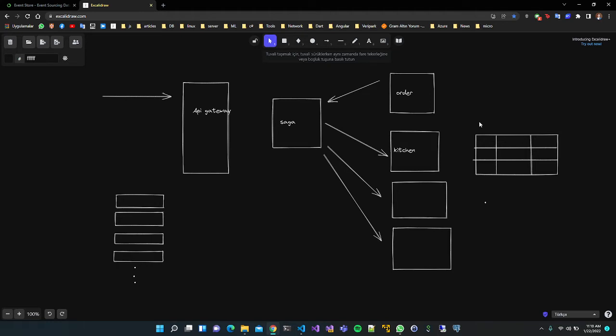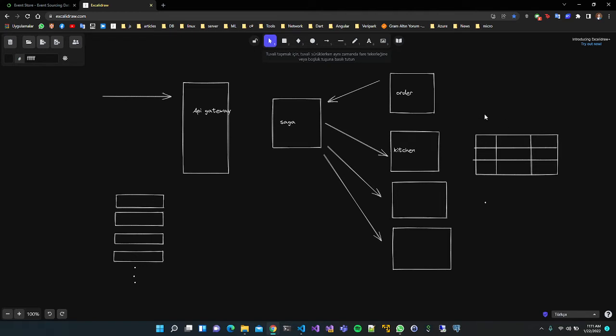We actually keep the current state of the order, right? We don't know what the status of the order was before this status, and we don't know what happened before. I said order created, ingredients updated, and order size updated. We just know order size updated, and the status of the order is kept as order size updated, and the price and other ingredients knowledge stays like that.